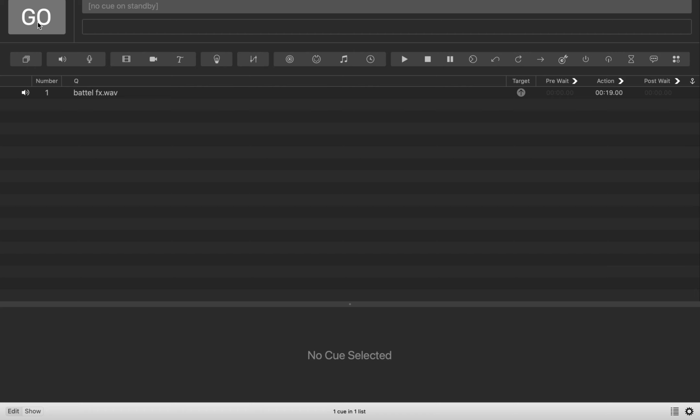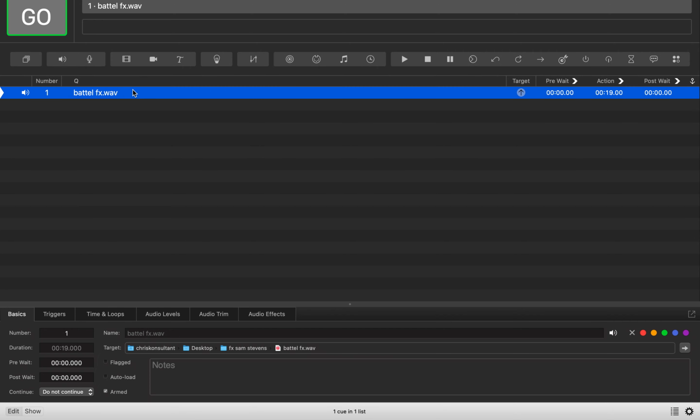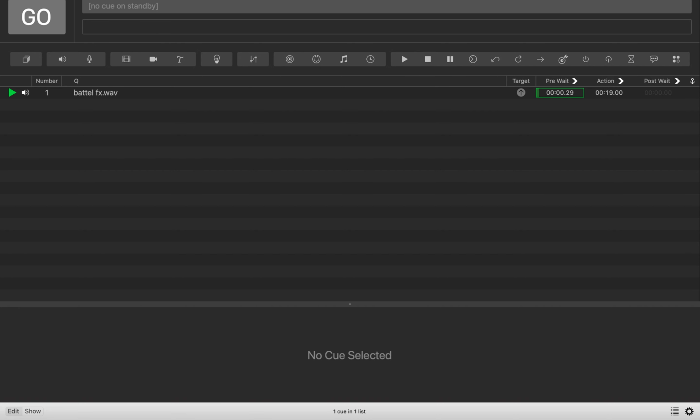And then we would move on to the next cue. So while we've got this file in here, we can see we've got the pre-wait function in the middle part as the seconds. So if I put 5 seconds in there, okay, click enter and then press start,